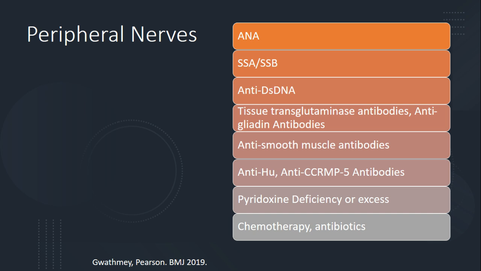Autoimmune assessment is very important because a good number of autoimmune patients, besides having autoimmune problems like rheumatoid arthritis, can have neuropathy too. Especially check ANA, SSA, SSB for Sjogren's syndrome. In that case, it's primarily a sensory dominant polyneuropathy. Also SLE, tissue transglutaminase antibody, and smooth muscle antibody for autoimmune hepatitis.